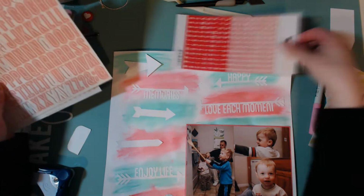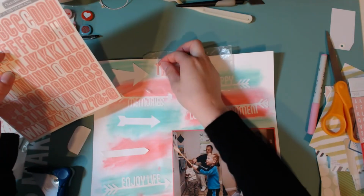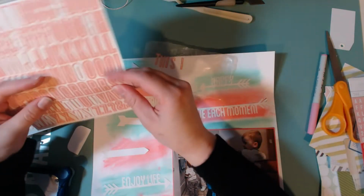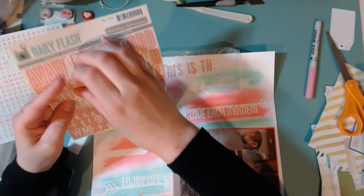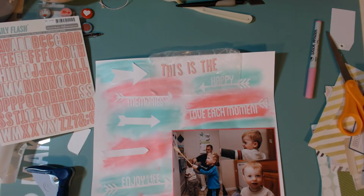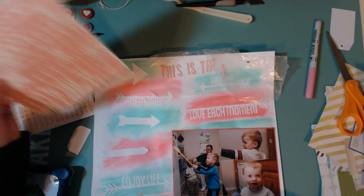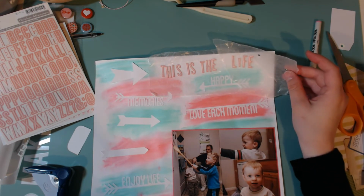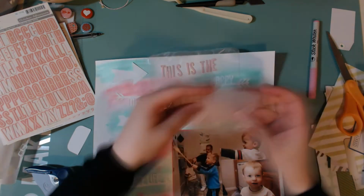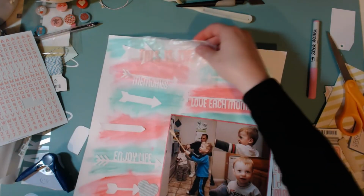So here I am trying to figure out what I want to use for the title, and I am going to use these two. I think it's from October Afternoon, and it's called Daily Flash. And my title is going to be This Is My Forever. And I was going to use this whole uppercase, sorry, I'm just really struggling with my words today. So I was going to use the whole uppercase alpha for this, and at first I wanted my title to be This Is the Life, but then I'm thinking, well, I don't really like that, and so I'm going to put it back, and I'm just going to keep the word this,